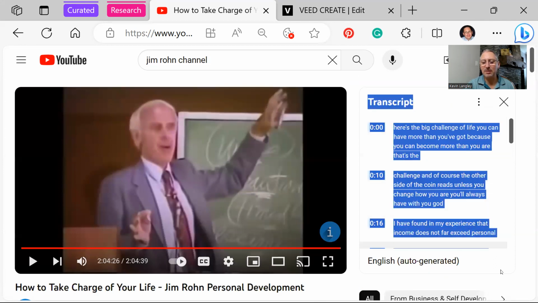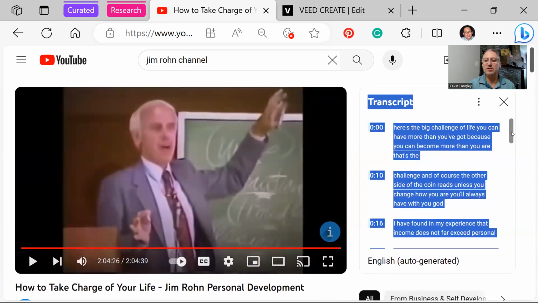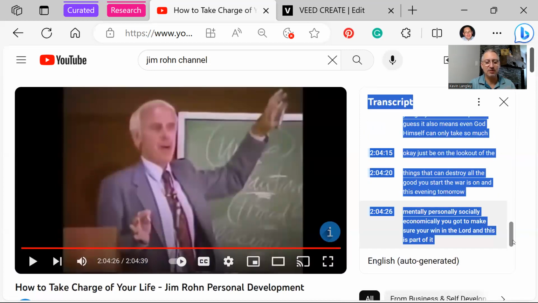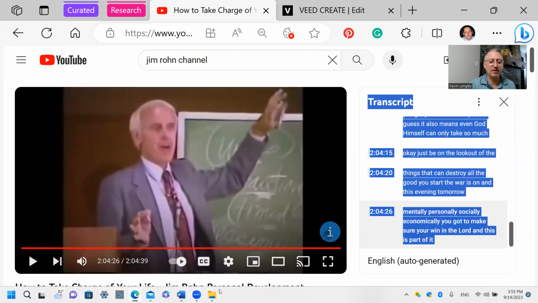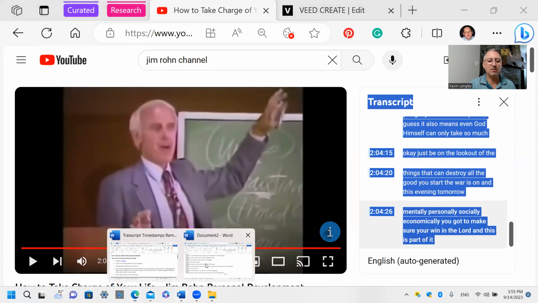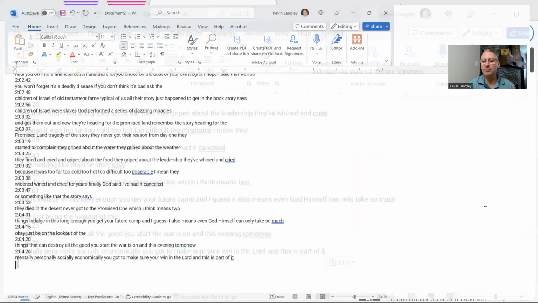Go ahead and copy that all the way down. And sometimes it takes a couple of tries to get that copied out. Once you've copied it, though, the next thing that you need to do is go ahead and copy that transcript. So Control C. Once you've done that, then go to your Word document. If you don't have Word open, open it to a blank Word document. And then we're going to go ahead and paste the transcript into